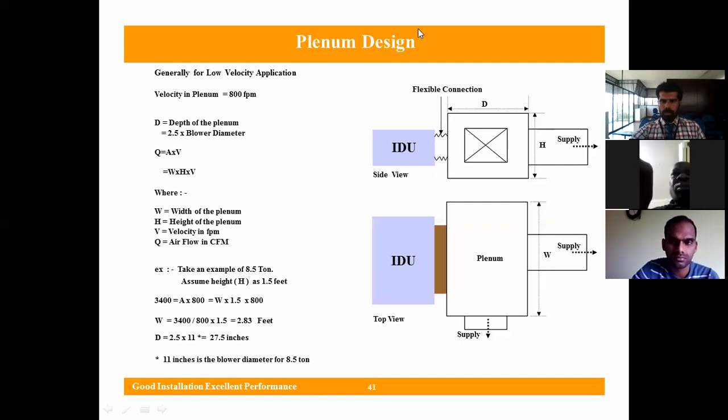So today we are going to see about the designing of that by the help of a manual method. We'll be studying the equal friction method, velocity reduction method, and static regain method, in which basically we'll be dealing with only the first two methods. The rest I will give you the formula.